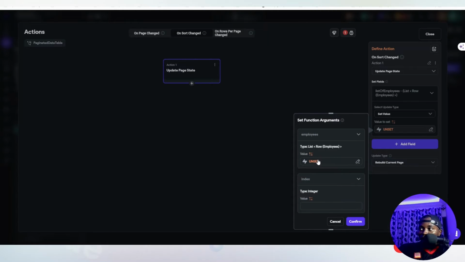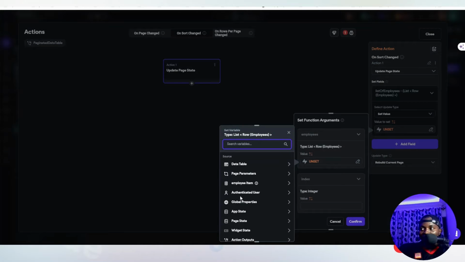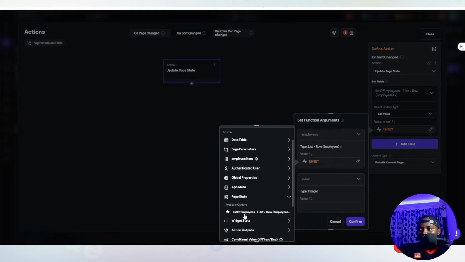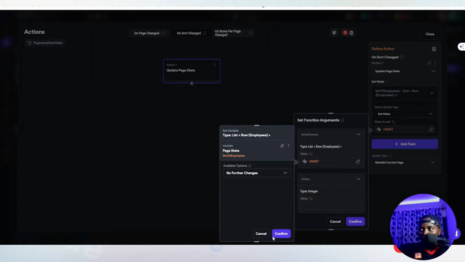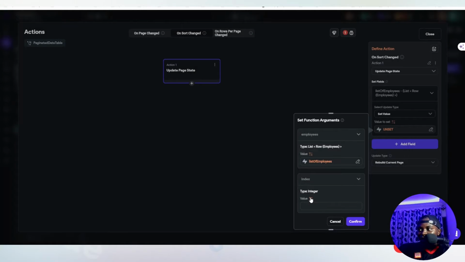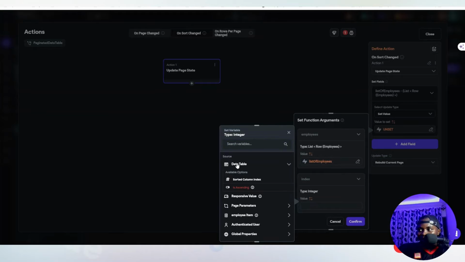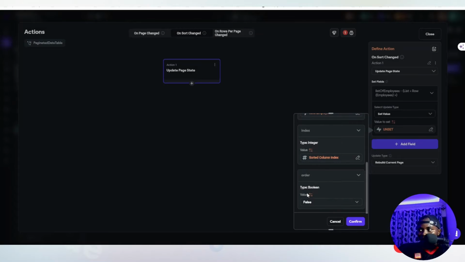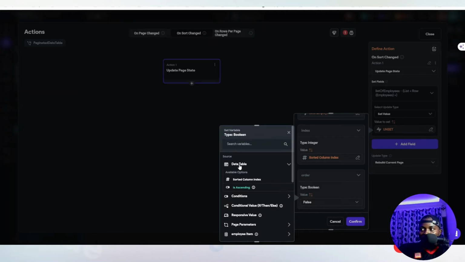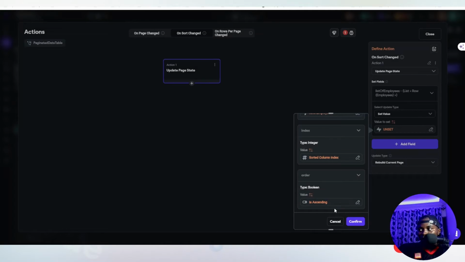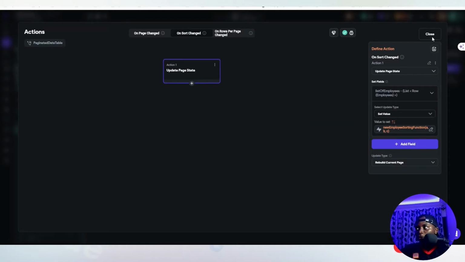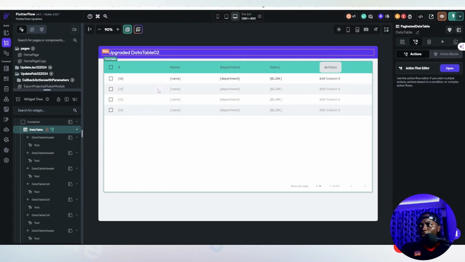The employees, the original list of employees, which is our page state list of employees, we pass that in, confirm. The index is our data table sorting index. So we click here and say data table sort column index, confirm, and that has been set. And the order in which we want to sort is the data table's ascending. So this is just going to be toggled based on the particular index that is being sorted. And now we can also add